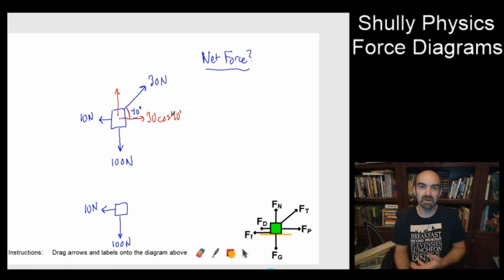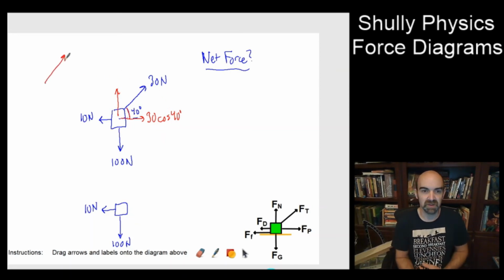And this would be a force in newtons. With projectiles, if this were like 30 meters per second, then you'd find the horizontal component, that would be 30 cos of the angle, 40 degrees. And the vertical component would be 30 sine of 40 degrees. Likewise, this is going to be 30 newtons